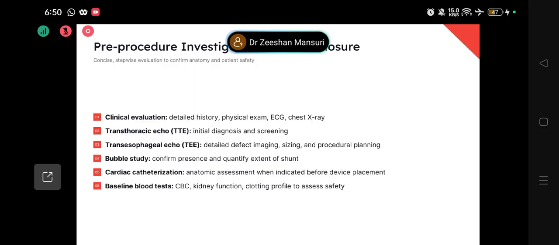We perform an oximetry analysis to find out the PVRI, SVRI, QP, and QS. For that, we perform access from the right femoral artery or the left femoral artery, and one vein. You go to the left ventricle, you take the pressure, you take the sample. You go to the aorta, you take the pressure, you take the sample for arterial blood gas analysis. You go to the descending thoracic aorta as well, and you take another sample from that for the arterial blood gas analysis. Then you go to the right side of the heart, you go to the pulmonary arteries first, you take